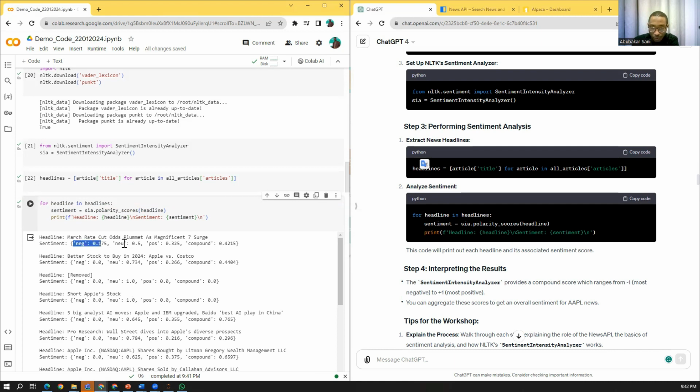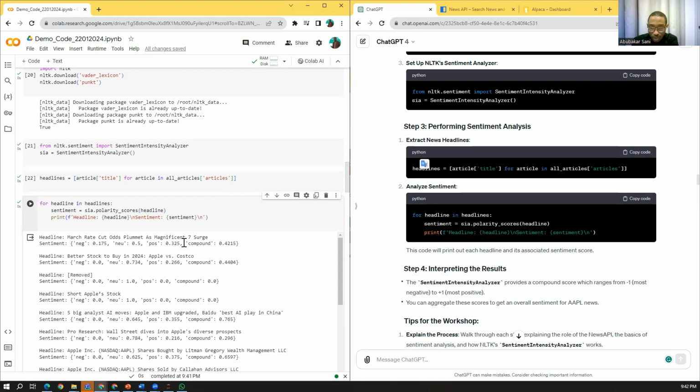The sentiment comes in 3 values. So this is negative. When it read the article, it saw that 0.175, or you can say 17.5%, we can say this is negative news. 50% we can say this is neutral, there is no positive, no negative. And 0.325, which is 32.5% of it, is likely to be positive news.